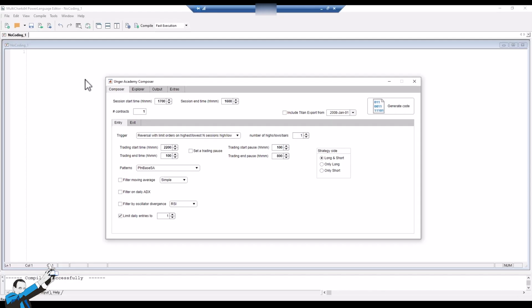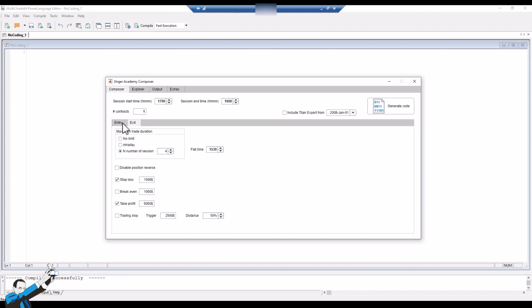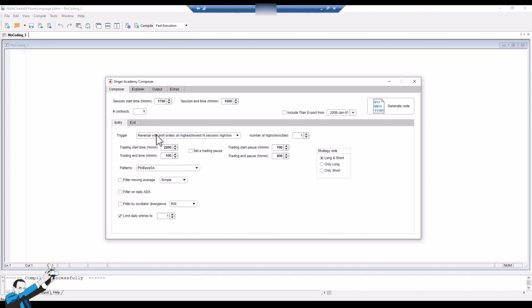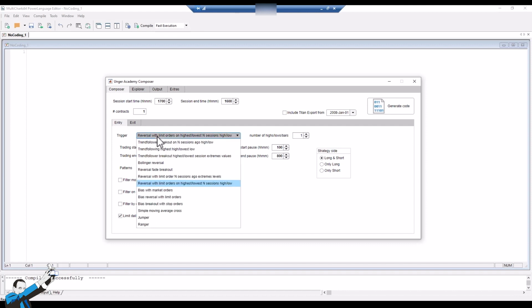Here we are at Composer, the first of the solutions I mentioned. It looks like this. Here we see a mask with rules for market entries and here a similar mask for exit rules. We can see that we don't need to code anything at all. We must select which rules we want to use to enter or exit the market. In this case, I chose a kind of reversal strategy based on limit orders and the low and high of